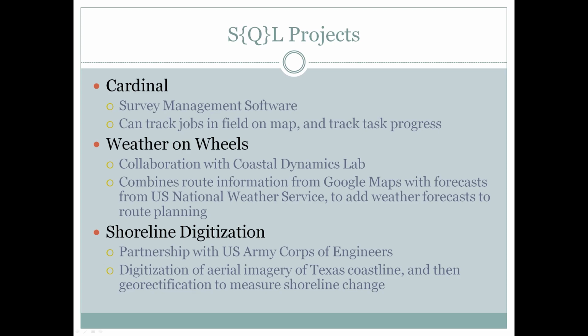along the way. And there is also the Shoreline Digitization Project. It is a partnership with the U.S. Army Corps of Engineers. It focuses on digitizing aerial imagery of the Texas coastline that goes back several decades, and then using georectification to impose those on modern satellite imagery in order to measure the shoreline change in the intervening